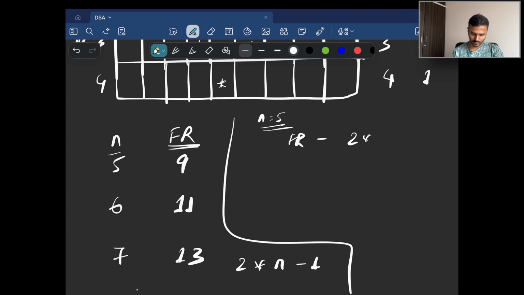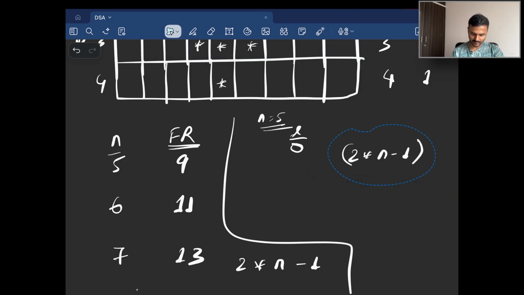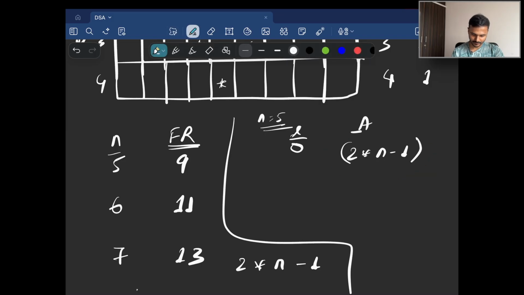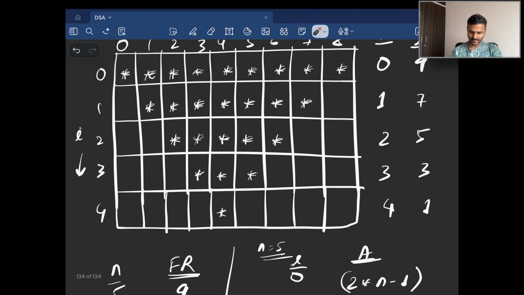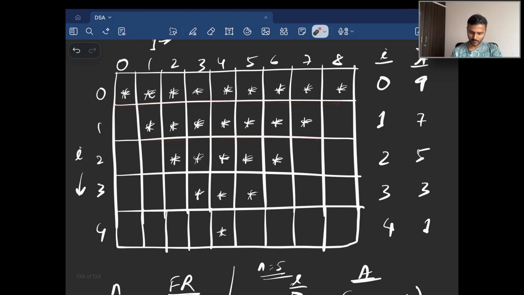First row would have 2 multiplied by n minus 1 asterisks, right? Or let's just put it as i equal to 0, and let's put this as the number of asterisks for i equal to 0, given n equal to 5. Now, when i is equal to 1, what would this be? This would be 2 multiplied by n minus 1 minus 2. We know this, right? Because that is what we had discussed over here. So whatever is the number of asterisks in the previous row, minus 2, would give you the number of asterisks